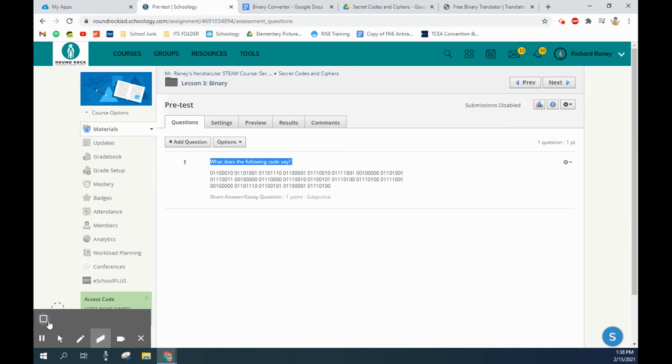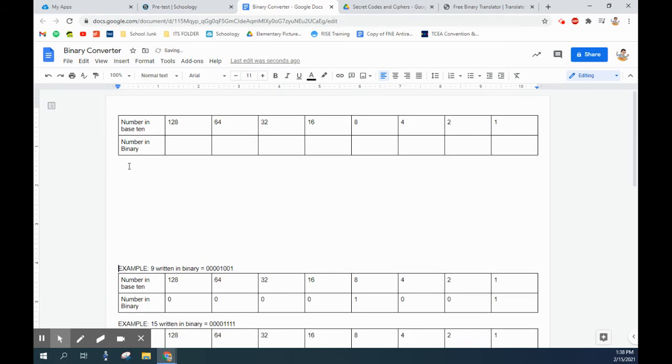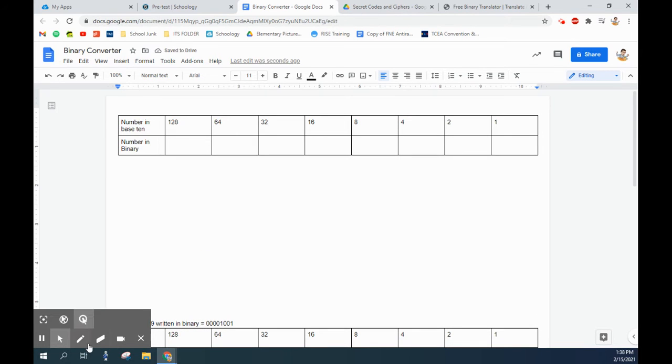I feel like we're going to need a cheat sheet to help us. So I made a cheat sheet. Now all these down here are examples that you can look at later. We said we wanted to write the number 37 in binary. Okay, so here's 37 in just regular human base 10 numbers. 3 in the tens place, 7 in the ones place. Literally, we have 30 plus 7. I bet you've seen your teacher do that once or twice. An expanded form, right? 30 and 7 makes 37. Okay, well, in binary